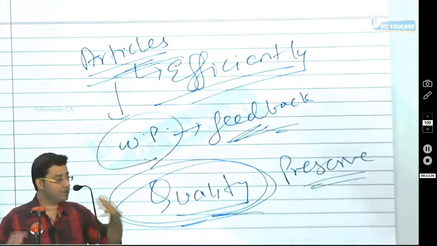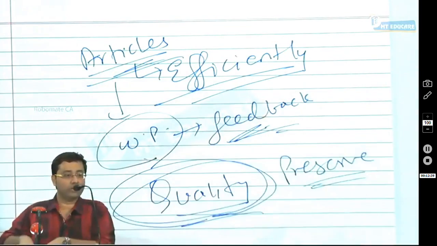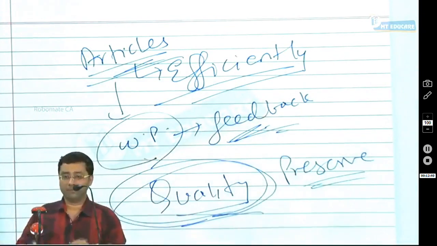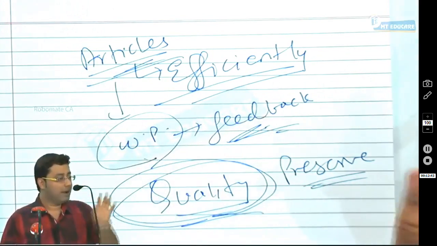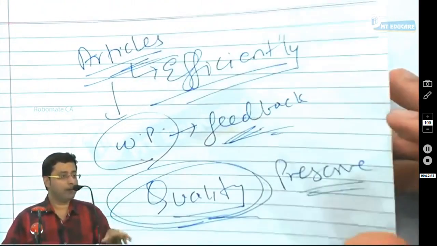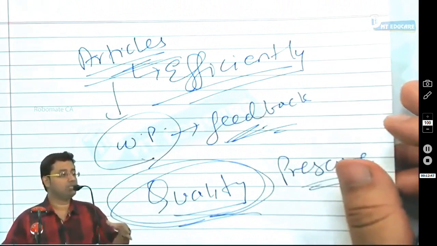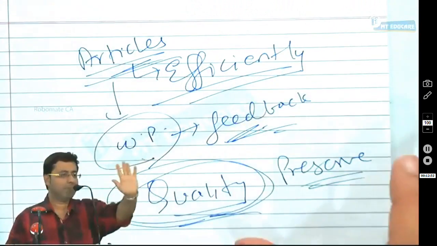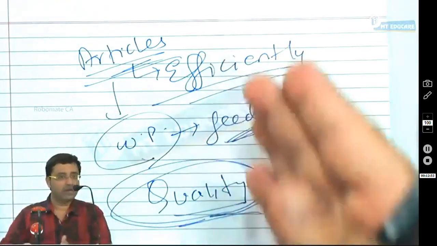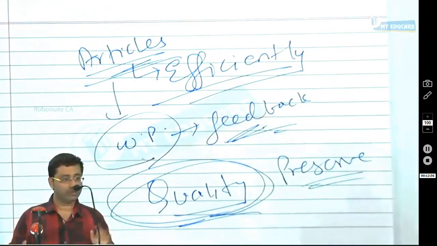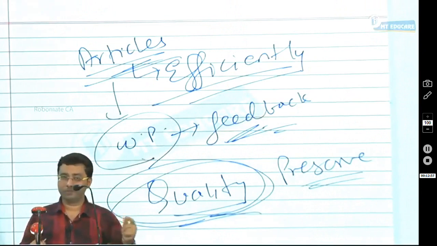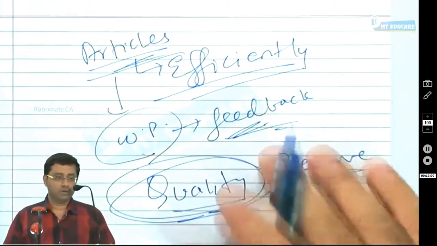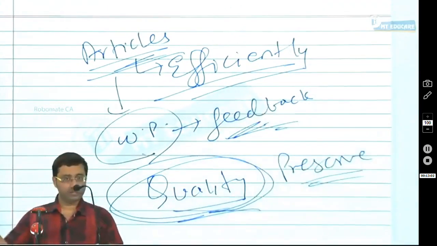These are all the points which I just now explained to you, which I wrote in bullet form. This you have to write in the exam if you get a question on audit documentation. Our answer will be prepared in such a manner that whatever question they ask, all the points are covered. That is how you have to present it in a 5 marks question, max 5 or 6 marks. Have you understood or not? Shall I dictate these points fast? Please write down. Some I'll dictate, some I'll show you directly on the projector.